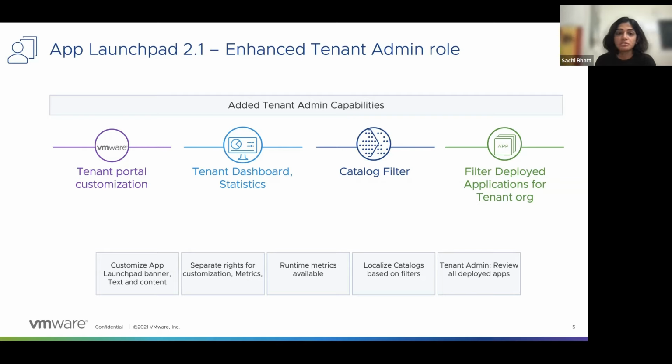Just like the provider dashboard, we have introduced a new dashboard for tenant users, especially for the tenant admin role. They will be able to see all the usage of all the applications, containers, even the total runtime of all the applications within their organization.